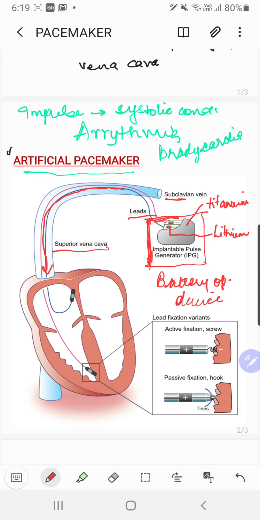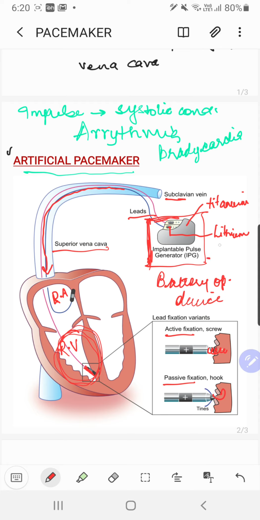Ultimately the leads are connected, most importantly, to the right ventricle and the right auricle. I have also seen many pacemakers where the lead is connected to the right ventricle. You can see that active fixation and passive fixation, two types, are there. Either the lead can be a screw shaped device, or it can be a hook that can be connected, right? But ultimately your purpose is that the current generated by the battery can be passed straight on to the inner walls of the heart, right?